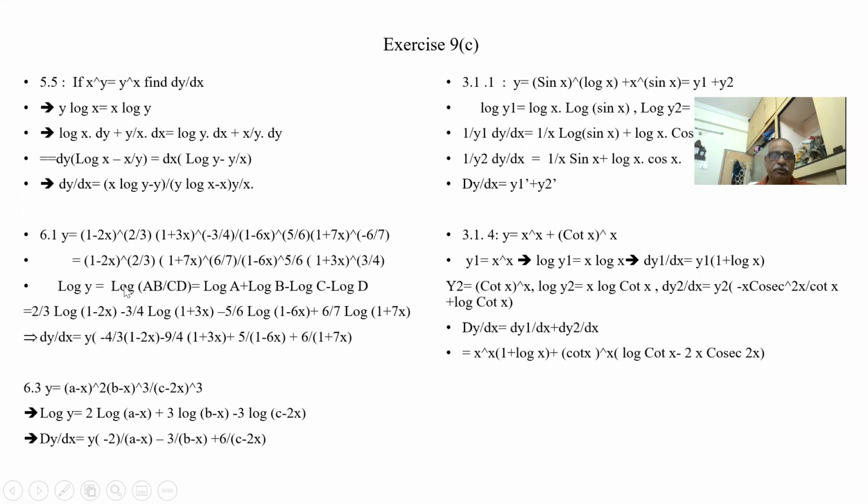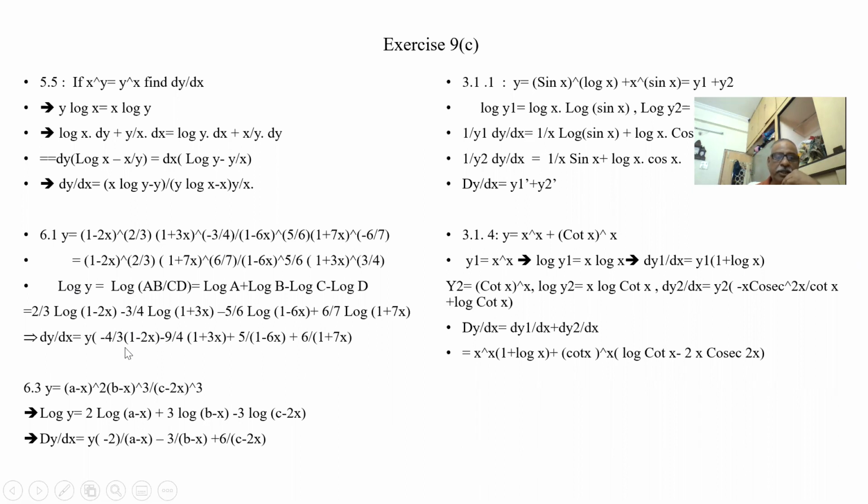So log Y is equal to log AB by CD. Entire log AB by CD means log A plus log B minus log C minus log D. So these all multiplications and divisions are separated individually. Now it is easy for us to differentiate. 2 by 3 into 1 by 1 minus 2x. So log y is 1 by y dy. So 1 by y is coming on the other side. So dy by dx is equal to y into